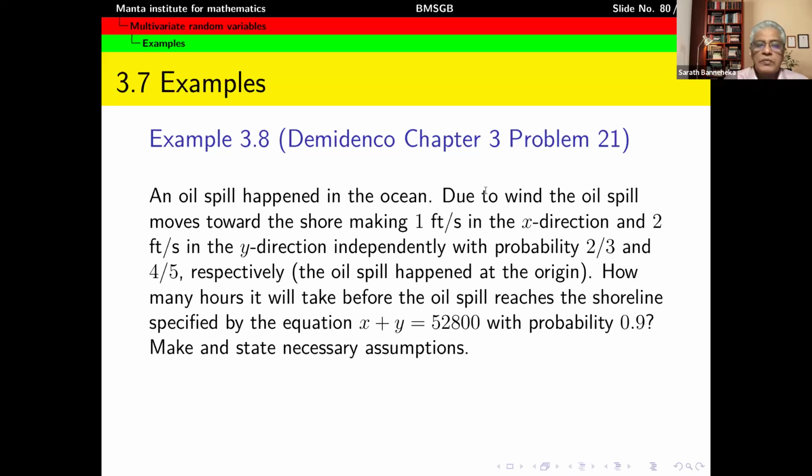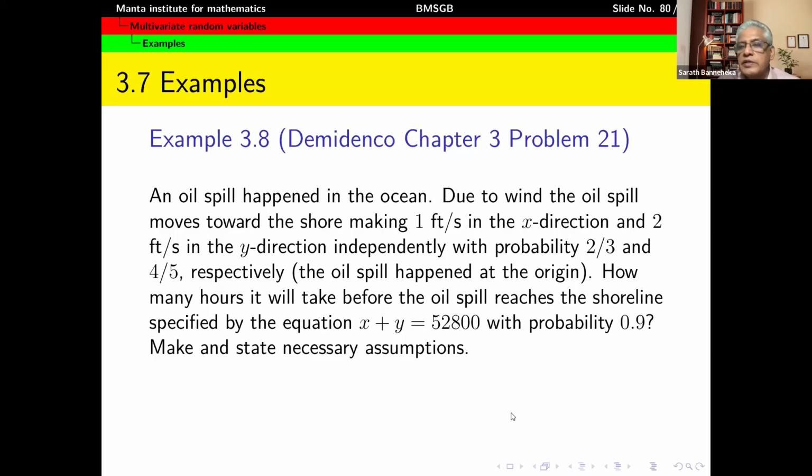So that's the condition. So the problem is how many hours it will take before the oil spill reaches the shoreline specified by the equation x plus y is equal to this value with probability 0.9. Right. So what are we looking at here? We are looking at a certain probability that after some time, say after n hours, for example, the coordinates satisfy x plus y equal to 52,800 with probability 0.9. So every hour,